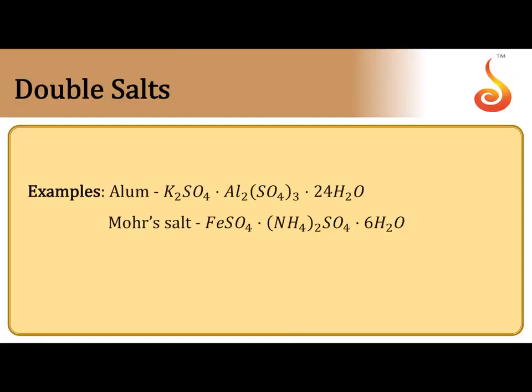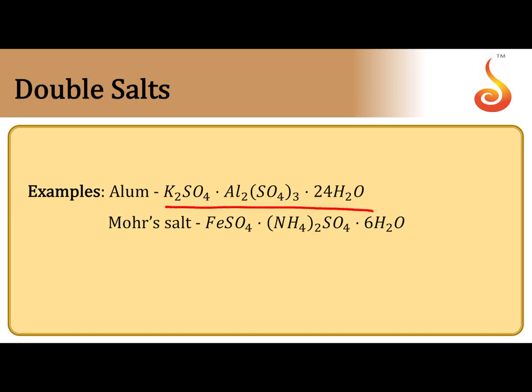Coming to the coordination compounds. The coordination compounds and double salts, the formation is similar. Double salt and complex salt: the main difference is that a double salt is formed by the combination of two salts. At the same time, a complex compound is also formed by the combination of two salts. When a double salt is dissolved in water, it undergoes complete ionization to give all types of ions present in it. Whereas a complex salt won't undergo complete ionization to give all types of ions present in it.